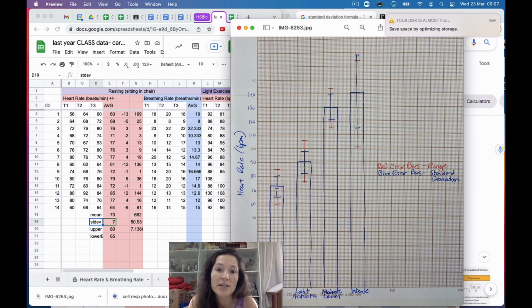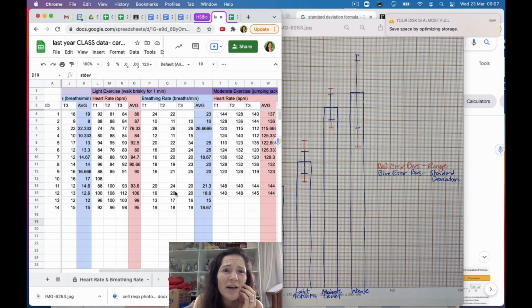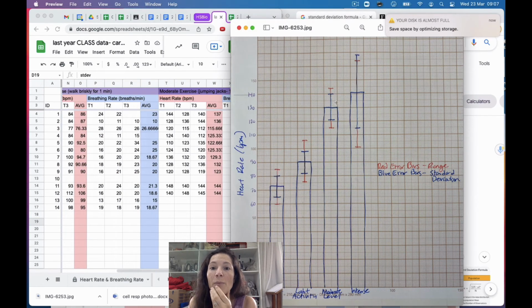And we can say there's significantly different heart rates for light activity, which was walking, and moderate activity, which was, I forget, but jumping jacks. But notice right here is where you can say there's not a significant difference between heart rate at moderate and intense activity level,